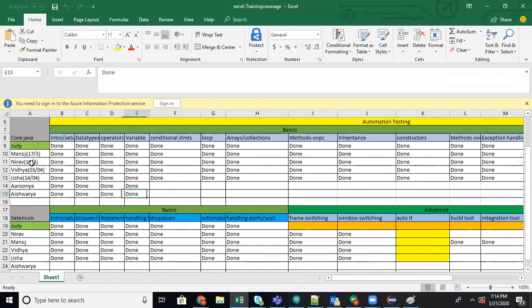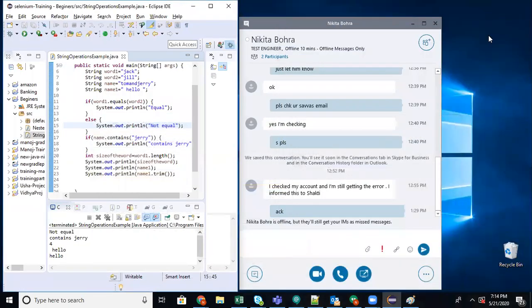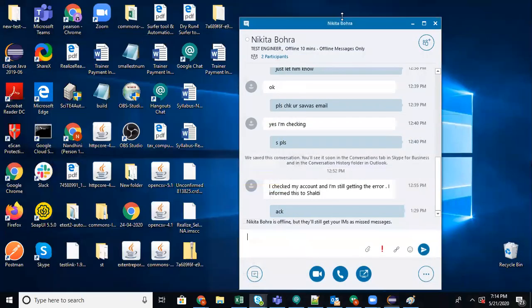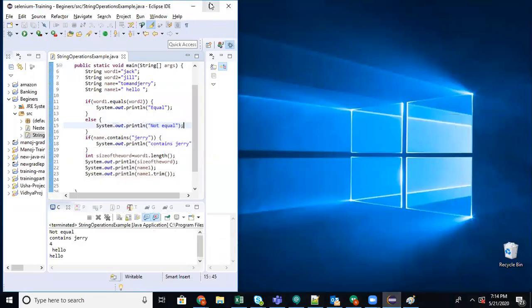Aishwarya, we have completed conditional statements today, and strings. I took additional things which are not in the syllabus, but it's very useful for you. And we will look at loops. What is meant by a loop? I'll tell you what a loop is so that you will be ready to learn it tomorrow. Loops are nothing but, okay.